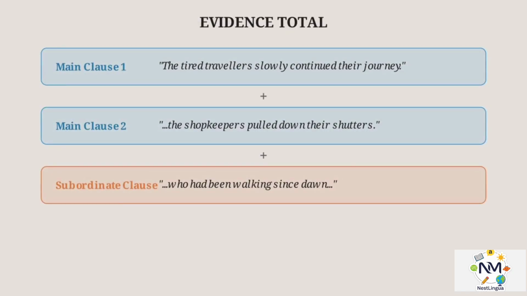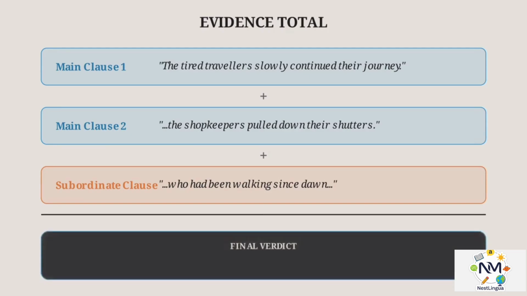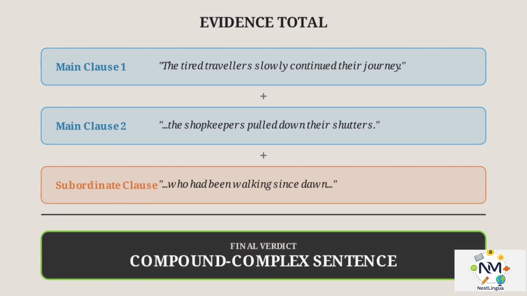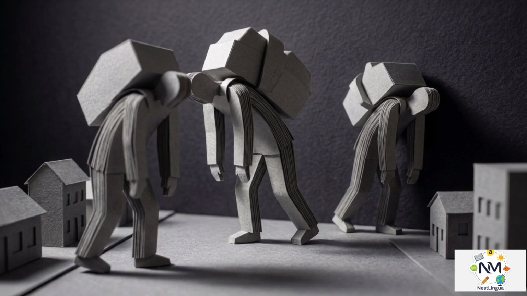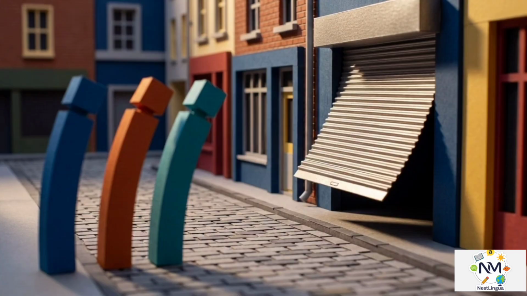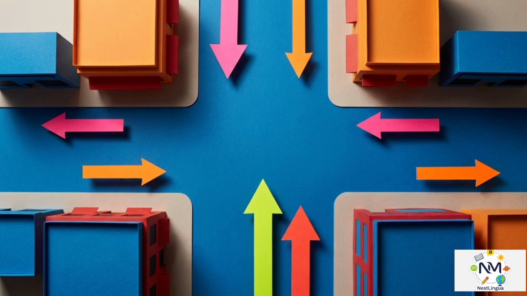Our evidence total is 2 main clauses and 1 subordinate clause. This makes the final verdict a compound complex sentence. This structure allows the writer to embed a secondary detail, the traveler's exhaustion, inside the primary action of the journey. By using a subordinate clause for the detail and a compound structure to link the travelers to the shopkeepers, the writer creates a scene where multiple layers of information move